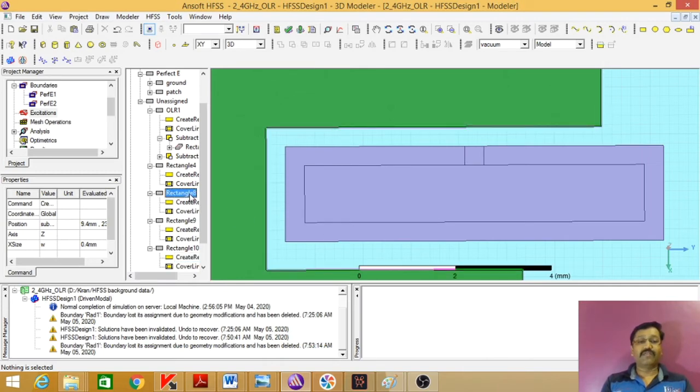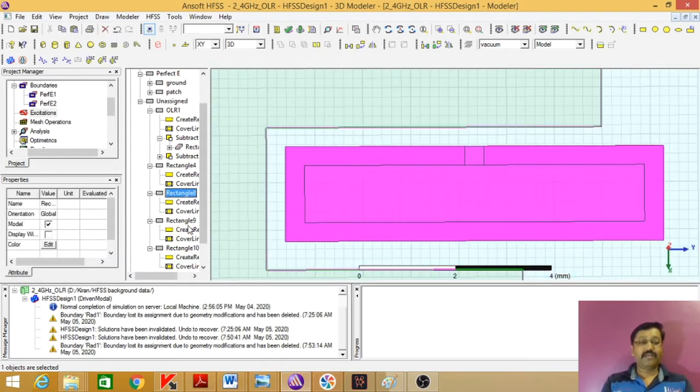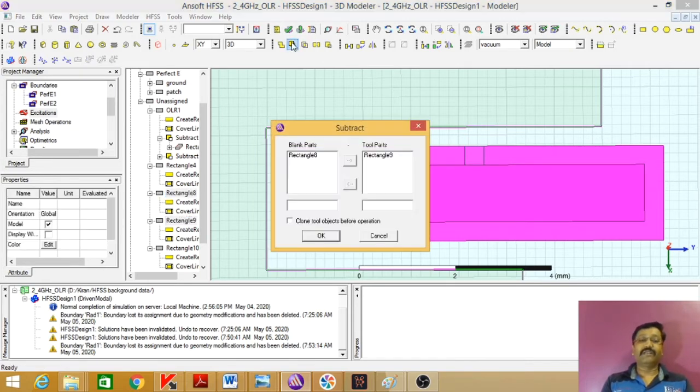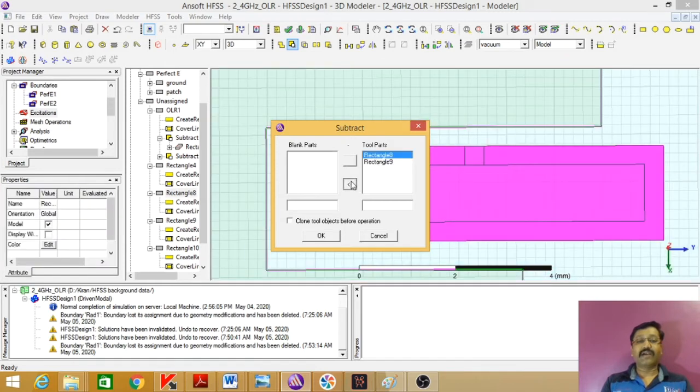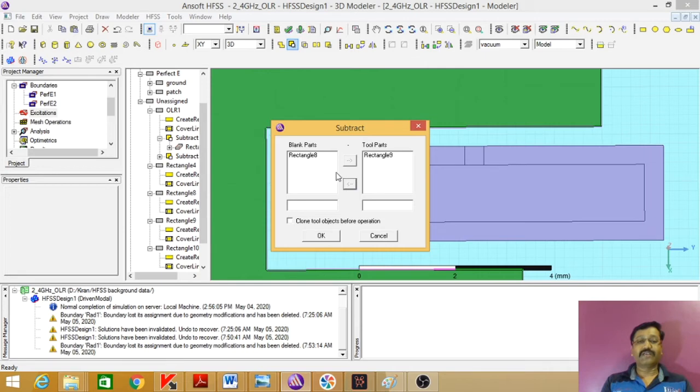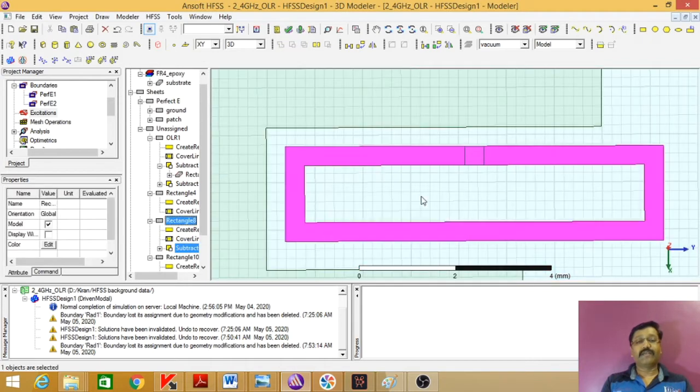Now I will select the outer rectangle, inner rectangle, and I will subtract as we did in the previous case. Make sure that your rectangles are here properly, otherwise select this and take it on this side, and you can select this and take another side, vice versa, right? So I want to select 8 and 8, and I will say OK. So this rectangle is already ready.